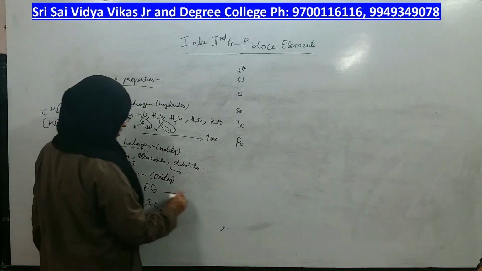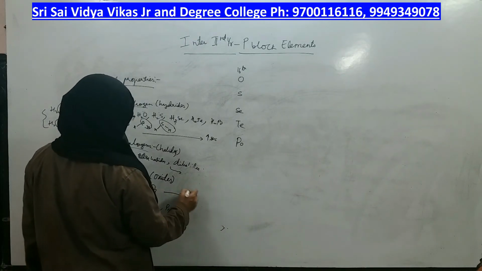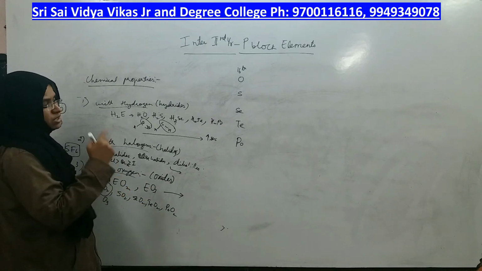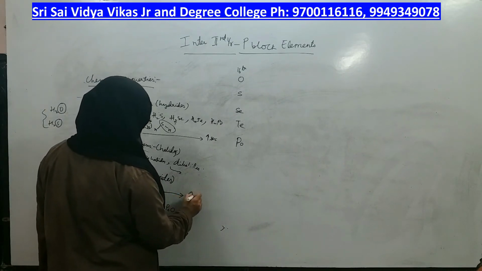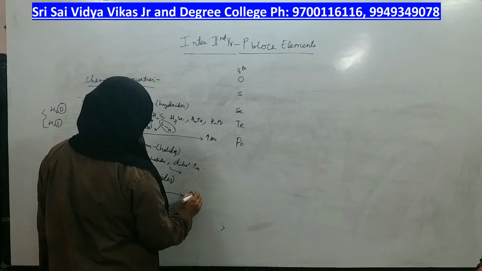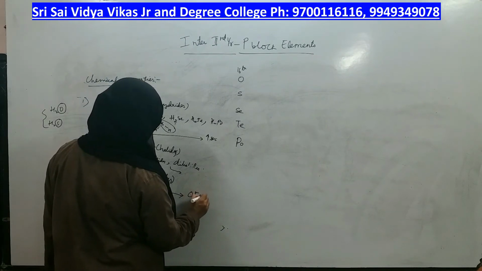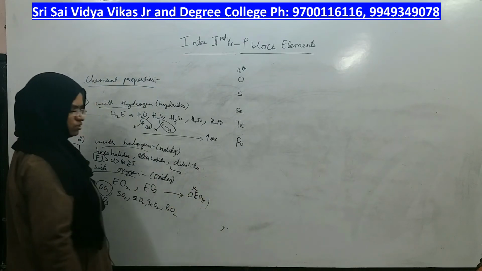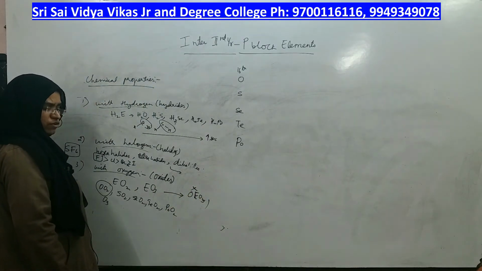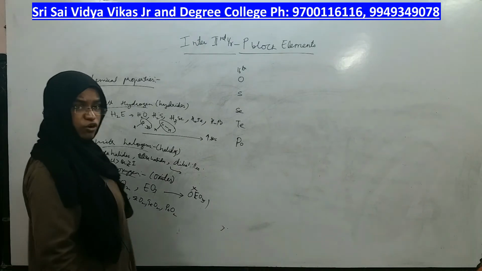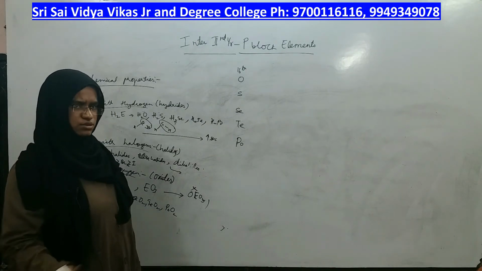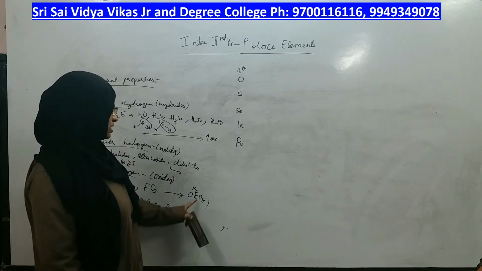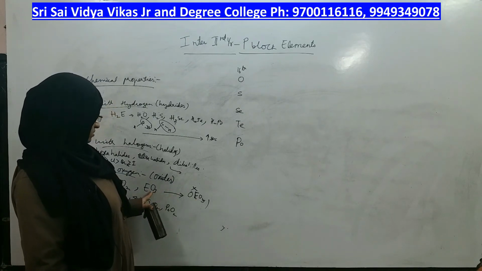Same way, let us elaborate for EO3. EO3 trioxide is not possible for oxygen. Oxygen cannot show EO3 type, because if I write EO3 for oxygen, the molecule should be O4, which have you ever seen? No. O4 is not possible. O4 means it becomes 2O2 only. So it will not form this type of oxide.